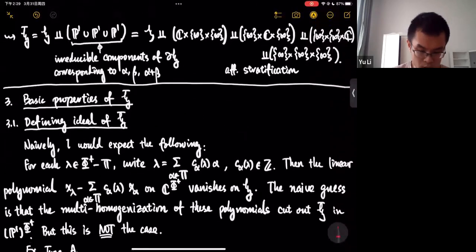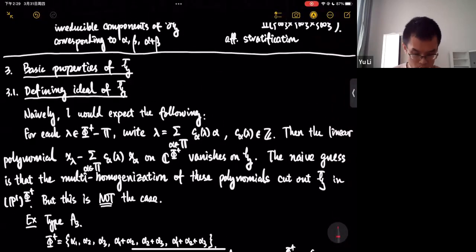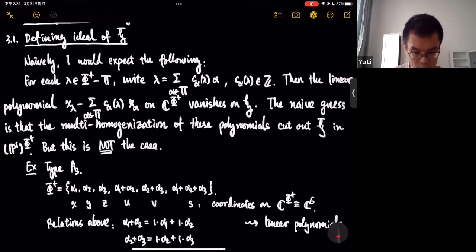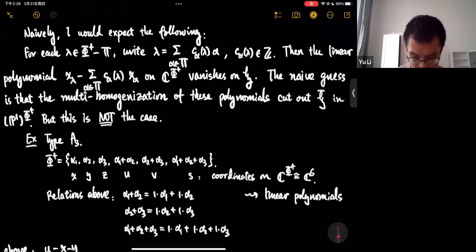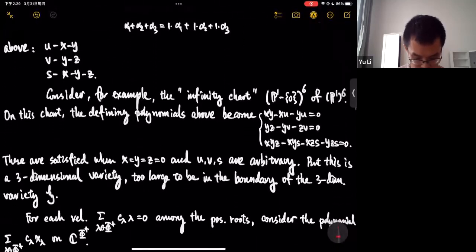Okay, nice. Then we move on to the next section. I'll discuss some algebraic geometric properties of the variety H bar. But before that, let me see how much time I have. Okay, I have half an hour. I prepared a lot, so I'll maybe skip a lot of it.